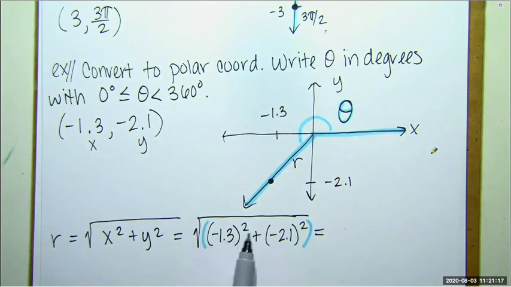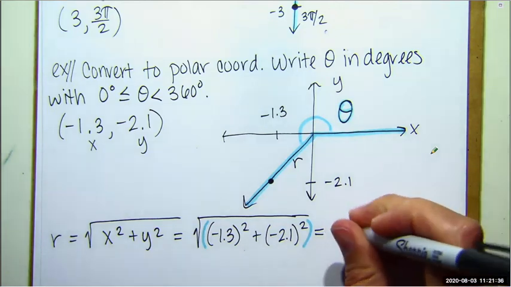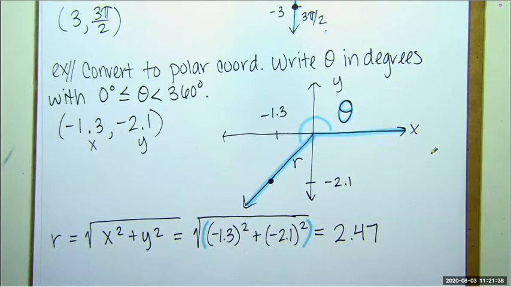First of all, we know a negative squared is a positive, so really we don't even have to type these in. If you do want to type them in, your negative button is different than your subtraction button. So your subtraction button is just a dash. The negative button might be a dash inside parentheses, or you might have a button that says plus slash minus to get the negative. You should get 2.47. Okay, so remember, if you need help with your calculator, come see me, send me an email, Google, visit the Math Center,